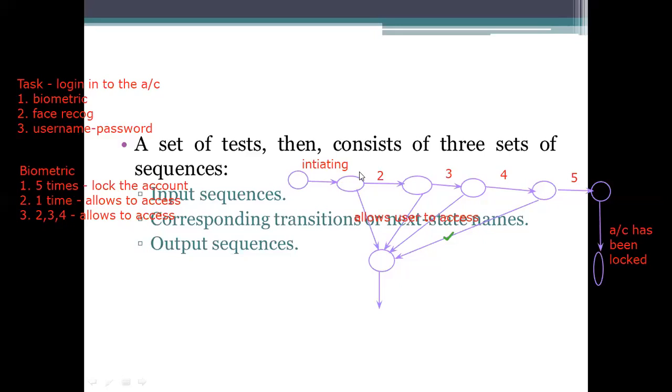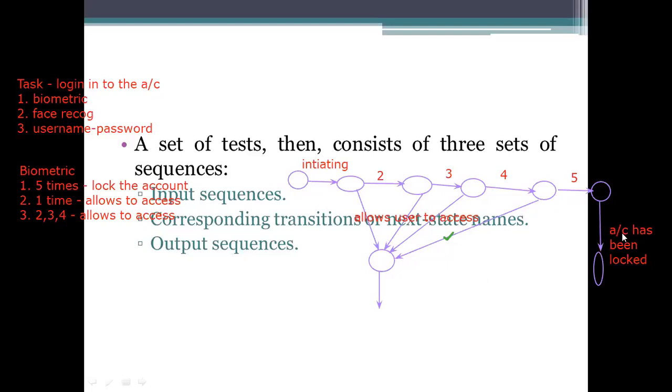And coming to the third one here, if the second try has failed, what has to be done? The third one also has the same handler. So here we will use the same handler at the 2, 3, 4, 5 states, and we are not providing any other handlers or methods here. So what is the method we are calling here? The method here is to read the fingerprint from the sensor. When you are reading this and it fails, you will go to the next state. So that is one example.